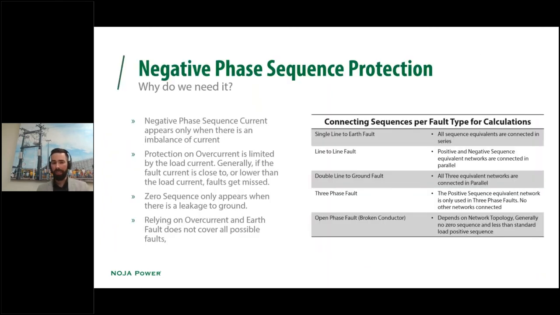So the reason why you need negative phase sequence protection is that it provides you the ability to detect not only overcurrent scenarios, but undercurrent scenarios too. So in the event that you have a broken conductor, it gives you a way to be able to see it. And likewise, if you have issues where you are starting to see that the load current, or you might, for instance, have a